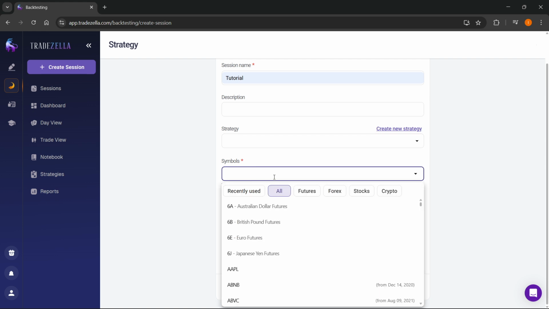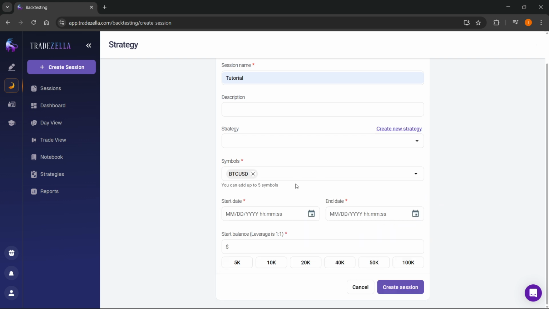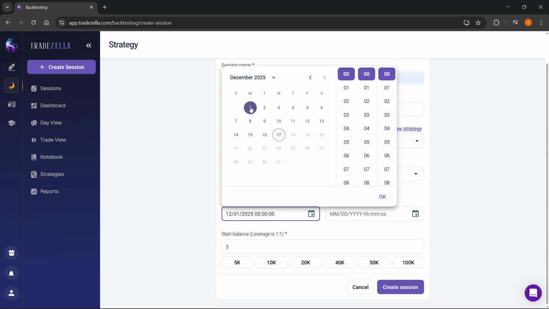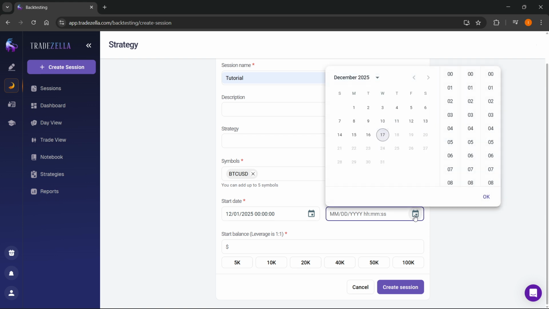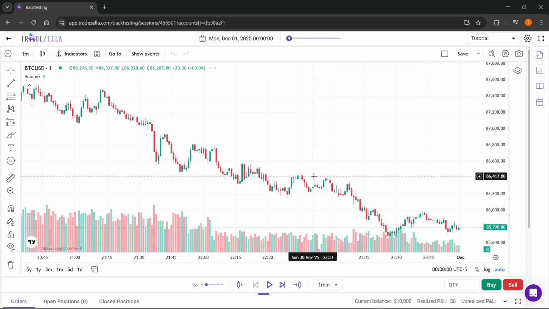So you want to click in here and then you'll be able to see a bunch of different symbols for futures, forex, stocks, and crypto. For this tutorial, I'm just going to select Bitcoin USD here, and of course you can do multiple. Then you have to put in the start date, for which I'm going to use December the 1st, 2025, and then I'm going to go until December 10th, 2025. Here you of course want to put in the start balance as well. I'm going to do 10k over here, and then your leverage, as you can see, is going to be shown here as well. And then you can just click on create session,